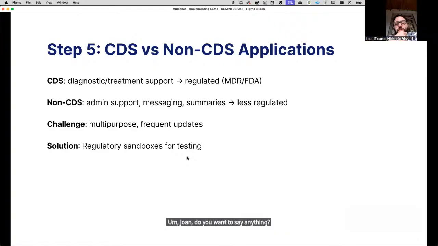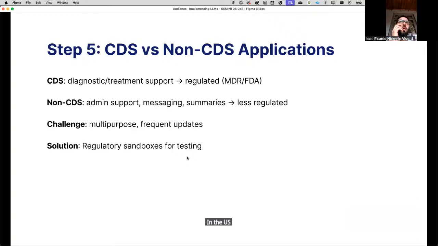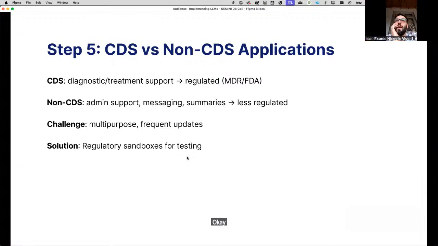I want to ask you if they discuss this somehow. Is there currently regulation in the US requesting these models to be regulated? Do they discuss it? I'm unfamiliar, and I think we should be more familiar. No, the paper itself doesn't go on about it. Maybe the clinicians in the room would have more of an idea. Okay, because I'm just thinking what I'm seeing, and it's slightly concerning, is that I'm seeing